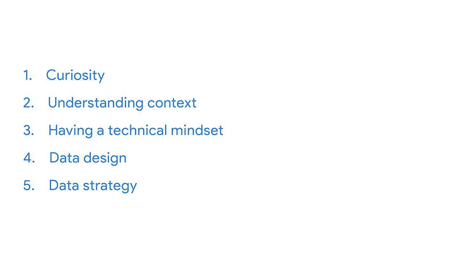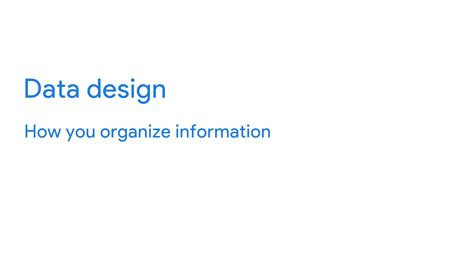Now let's explore the fourth part of an analytical skill set, data design. Data design is how you organize information. As a data analyst, design typically has to do with an actual database. But again, the same skills can easily be applied to everyday life. For example, think about the way you organize the contacts in your phone. That's actually a type of data design. Maybe you list them by first name instead of last, or maybe you use email addresses instead of their names. What you're really doing is designing a clear, logical list that lets you call or text the contact in a quick and simple way.